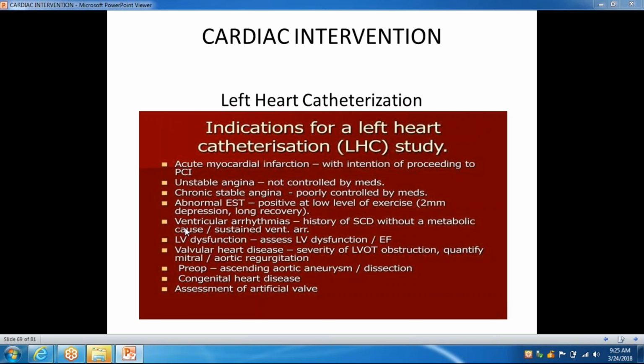So, patients have aortic stenosis, mitral stenosis, significant mitral regurgitation, aortic regurgitation. You do your catheterization, and if these are surgical patients, the patients need to go to surgery to fix the valve. You'll do a catheterization, not necessarily to see how severe the valvular disease is, but to look at the coronary vessels, because if you're going to take these patients to surgery to fix the valve, you're already in the chest, you're already doing a procedure on the heart, so you just fix the occluded blood vessel at the same